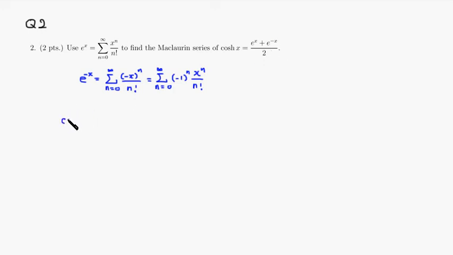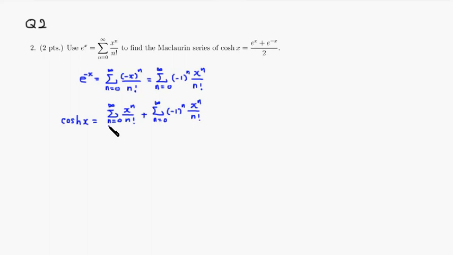Hyperbolic cosine of x is going to be the summation n goes from 0 to infinity of x to the n over n factorial, plus the summation n goes from 0 to infinity of negative 1 to the n times x to the n over n factorial,